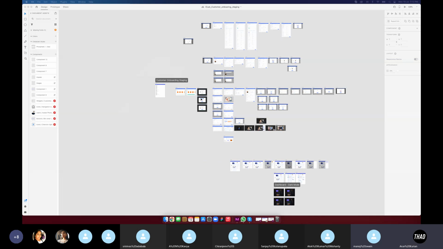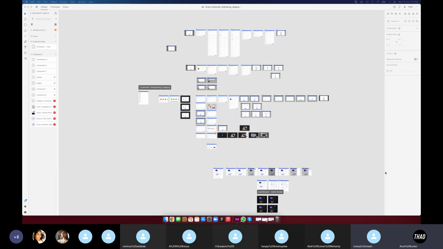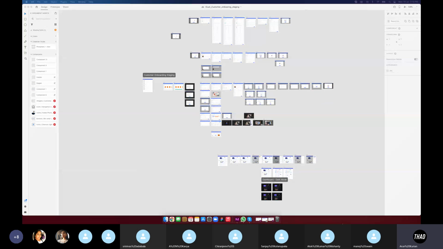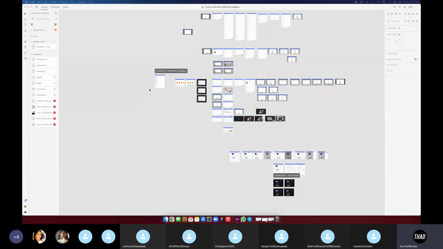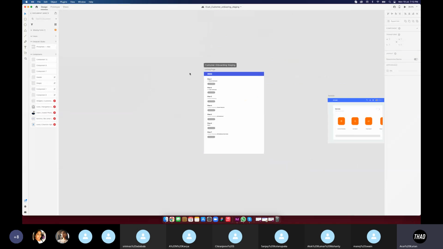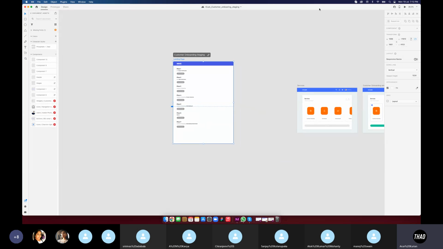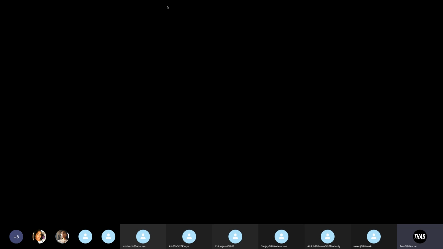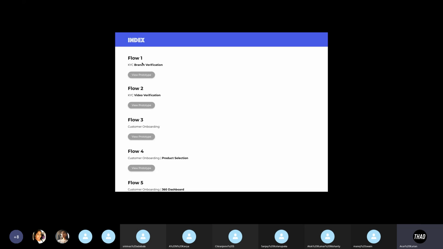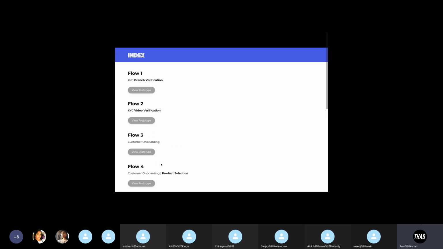All right. So this is a file for our onboarding process. As you can see, there are a lot of artboards, right? So we have created a landing page or an index page like this to help you guys have a look at different flows. Let's go with this one. So we have flow 1, flow 2, flow 3, 4, 5, 6, 7.